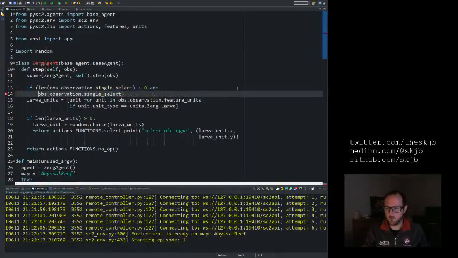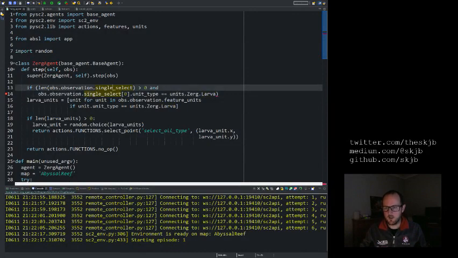I have to write this on a few lines. 0.unit type is equal to, copy this one out of here. So what are we doing here? If you've got a single selection, the user interface has a different appearance to when you've got multiple items selected. In this case, if we've got one item selected and the item's unit type, we're selecting the first item here,